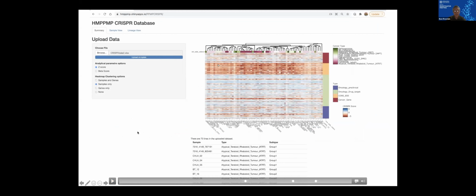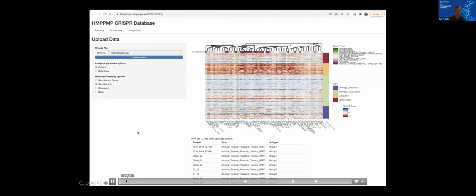So this is what the overall opening page of the portal looks like. You can see the number of cell lines that have been CRISPR screened, and this heat map shows the different genetic dependencies across the lines. In orange are core essential genes, and this just shows that the screens are working. You would expect the core essential genes to hit across all lines, which they do. And then if we just go through this,